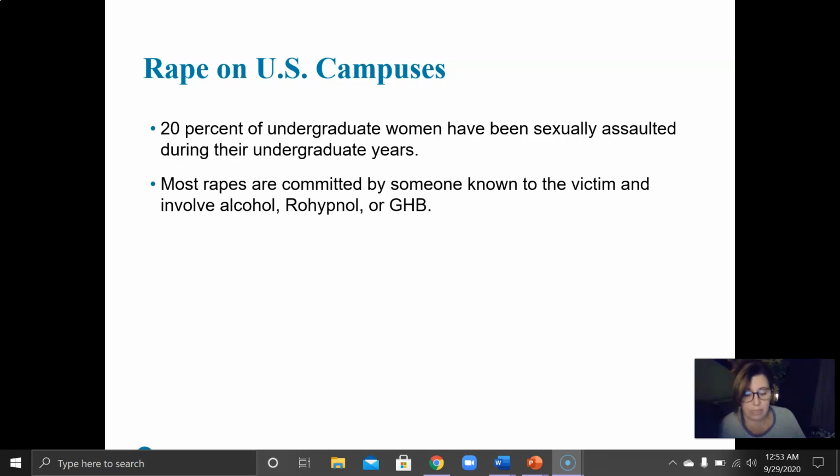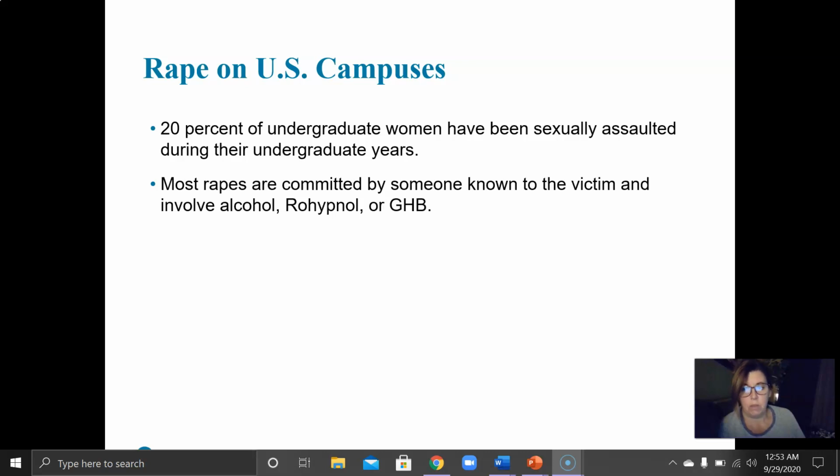The Clery Act of 1990 requires institutions to collect and report sexual crimes on their campuses. It also required institutions to address victims' rights, disciplinary procedures, and educational programs. The Campus Sexual Assault Victims Bill of Rights, known as the Ramstad Act of 92, gives victims the right to call off-campus authorities to investigate serious campus crimes, and requires universities to develop educational programs and notify students of available counseling.